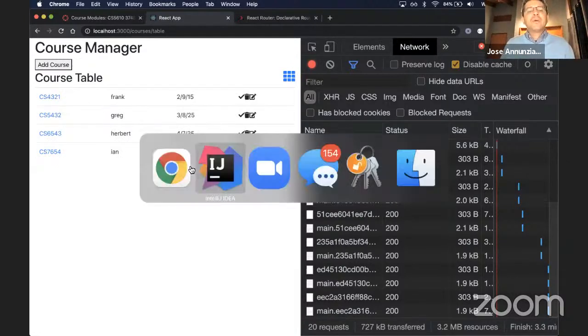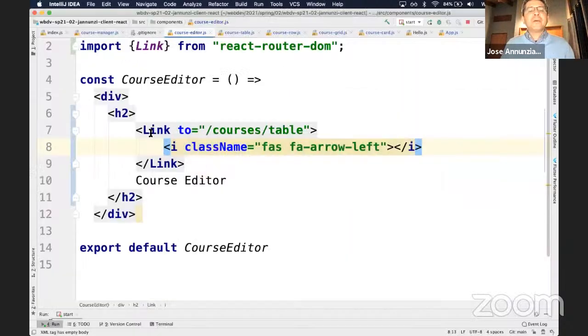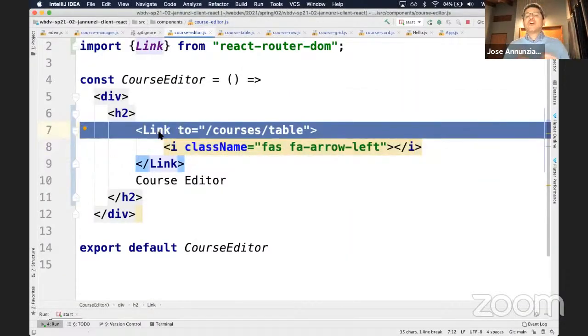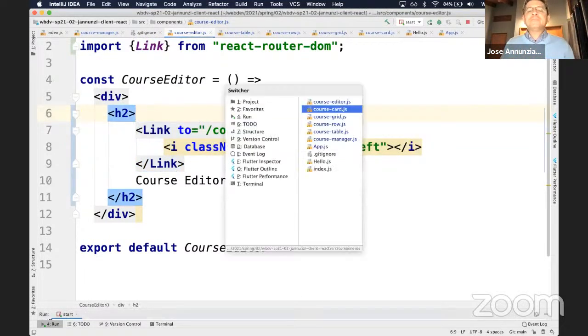The way we could fix that is that we need to be able to programmatically say that we want to go back, not to a specific URL, but to wherever we were. So how can we do that? Well, to do that,